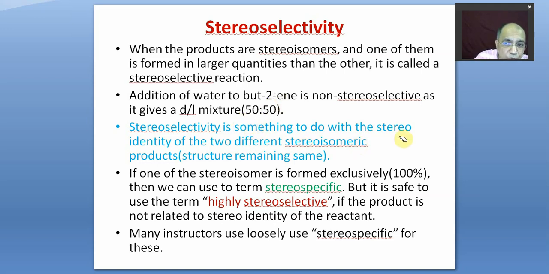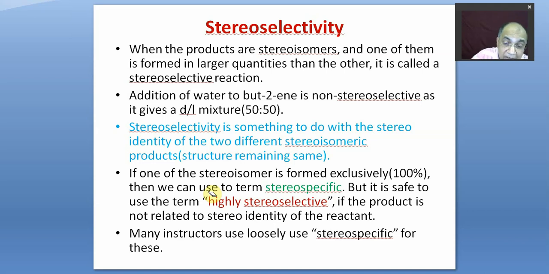Stereoselectivity is something to do with the stereo identity of two different stereoisomeric products. It also doesn't speak about the stereo identity of the reactant. The reactant may not be a stereoisomer. It may be a simple reactant. But if the products are stereoisomers, either enantiomers or diastereoisomers, and they are formed in unequal quantities, then it is very safe to use the term